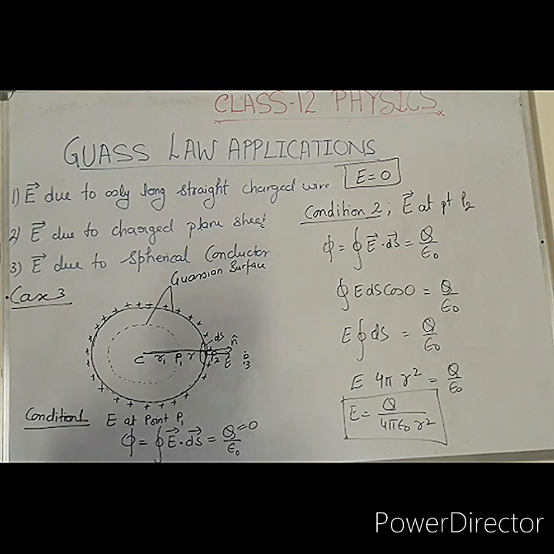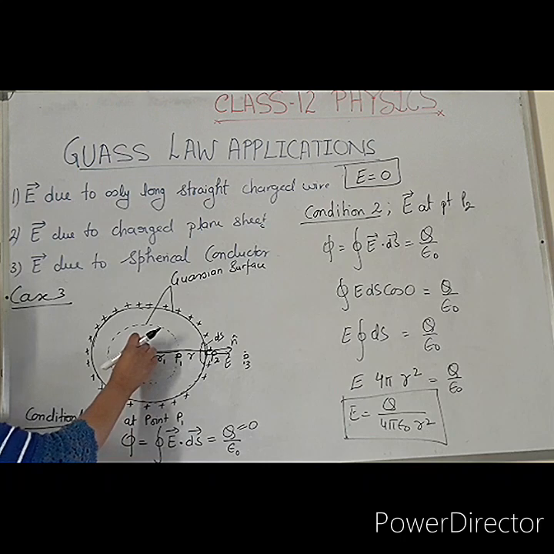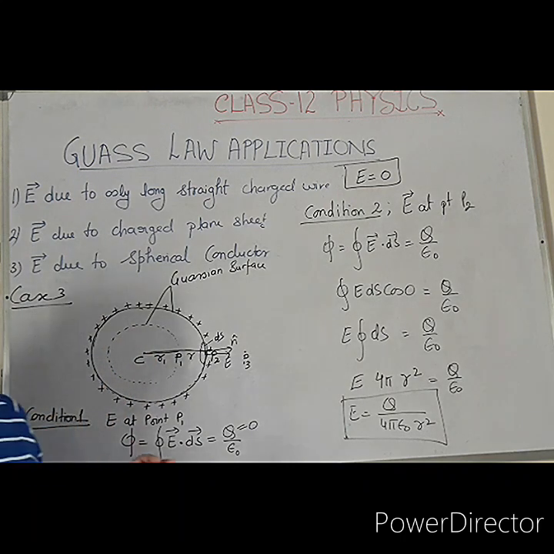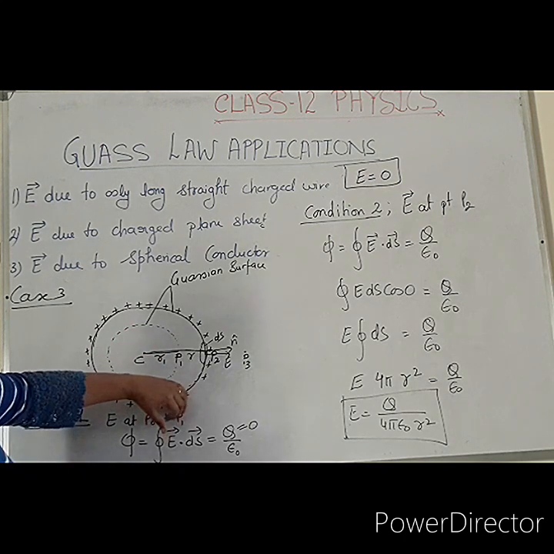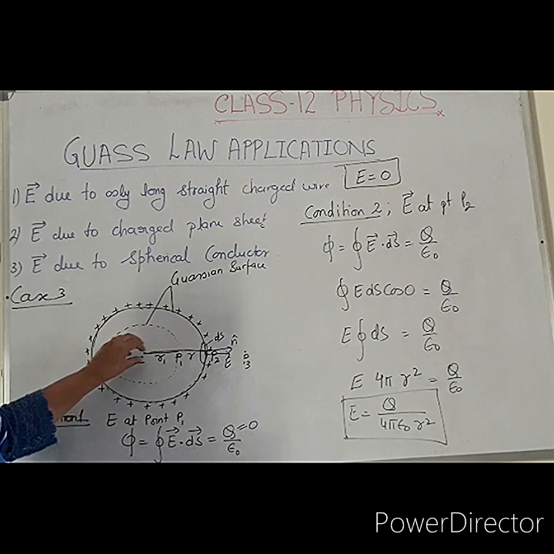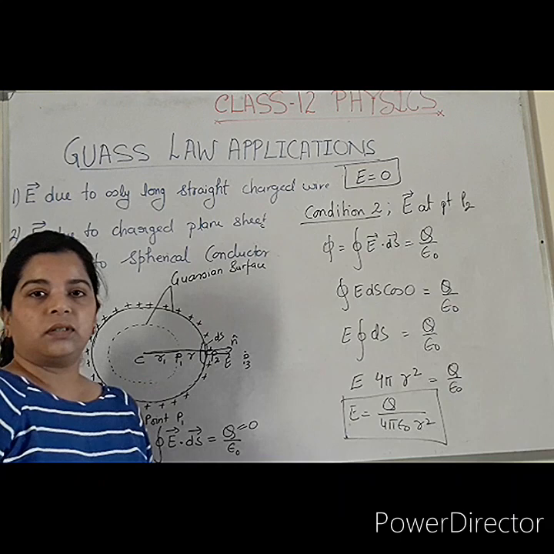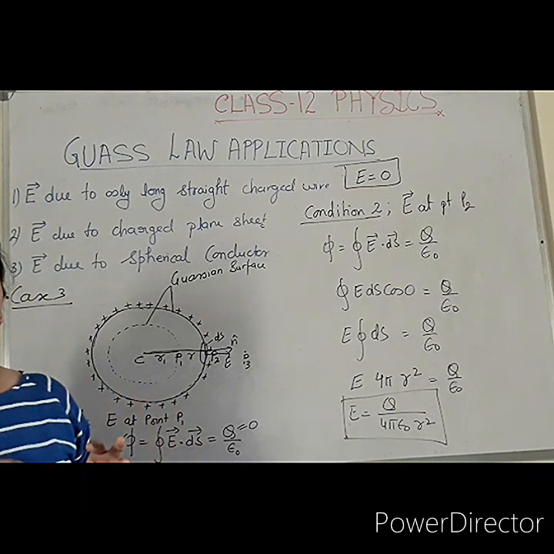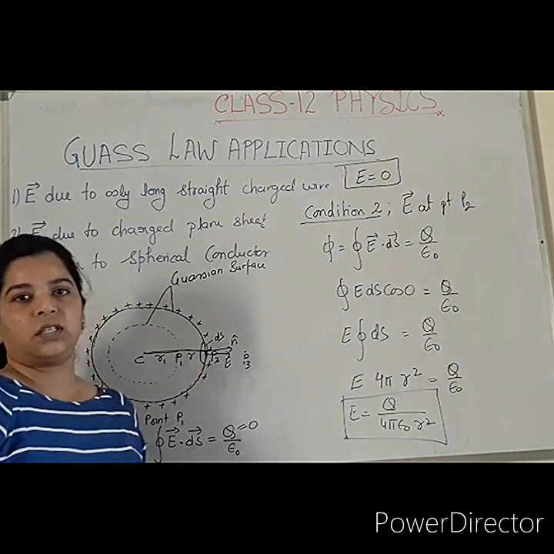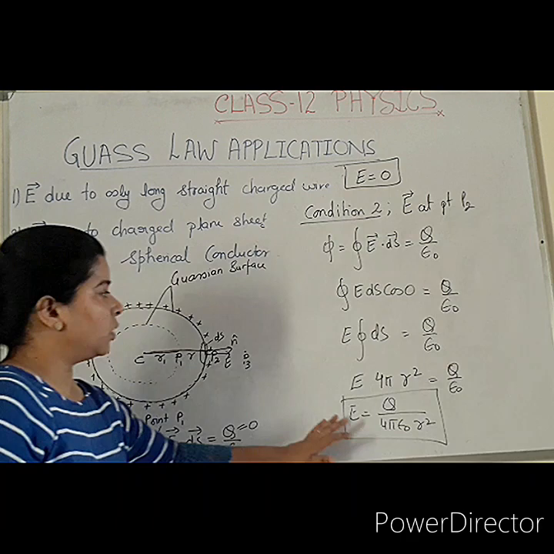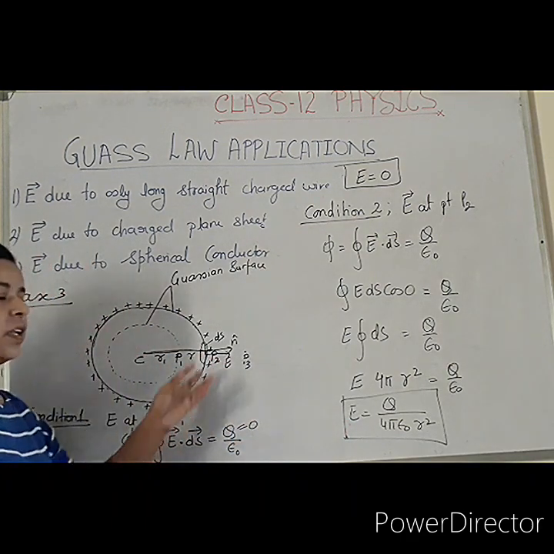So that means all the spherical charge can be assumed at the center of this sphere. I told you it is assumed. It is not exactly situated at the center, but overall, all the charges can be assumed as pointed towards the center of this sphere. So this is a very important concept: if you are taking a hollow charged body, the whole charge of the hollow charged body over the surface can be assumed at the center of that spherical charged body. So this is the formula for the electric field at a point on the surface of a spherical charged body.